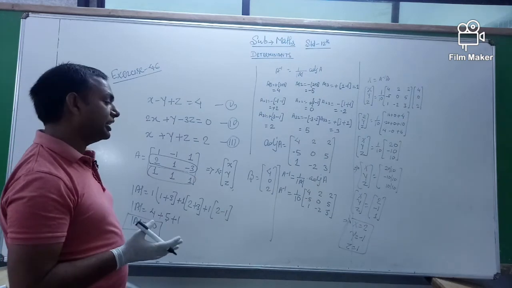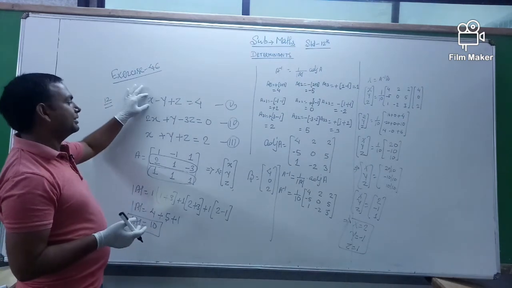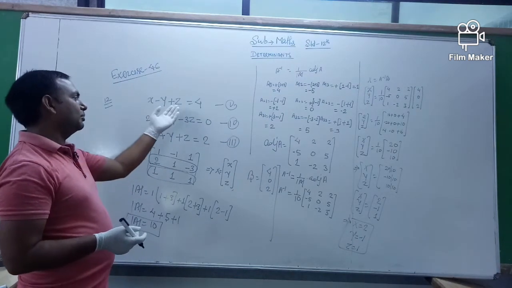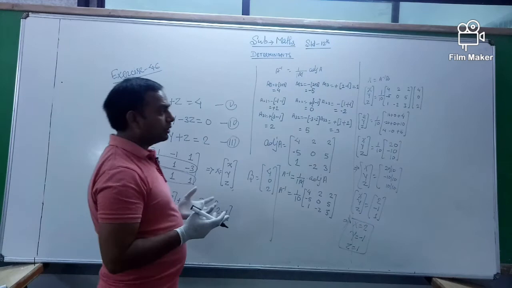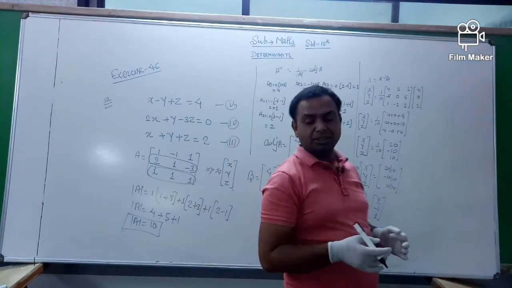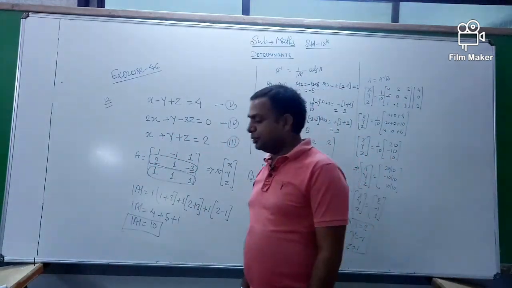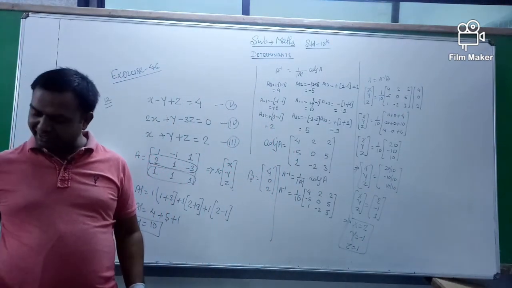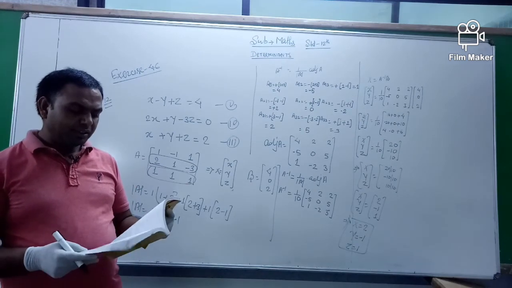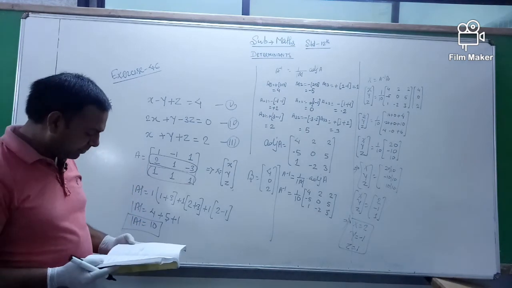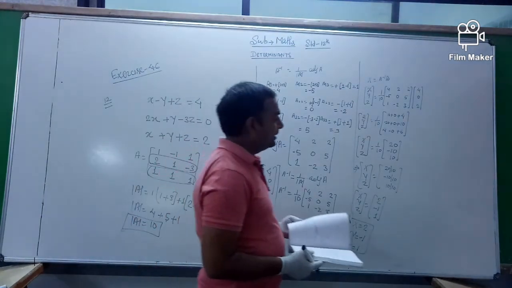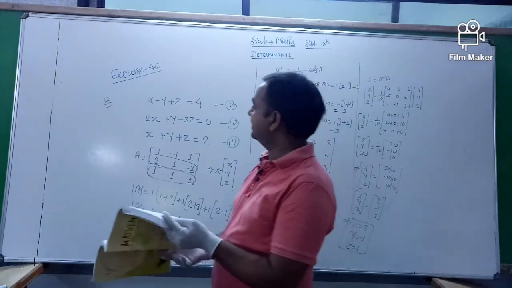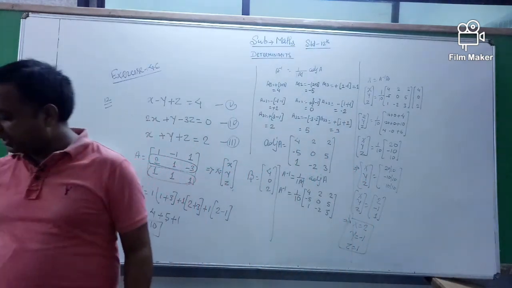If you just want to check your answer, then you put the value x is equal to 2, y is equal to minus 1, 2, 1, 3, and z is equal to 1 plus 1, that is equal to 4. So LHS is equal to RHS. So you can apply this method, you can solve the linear equation using the inverse matrix method. Okay. So I think this type of the questions will be completed, and you can apply this method. You can solve the rest of the questions of exercise 4.6. So okay, goodbye.